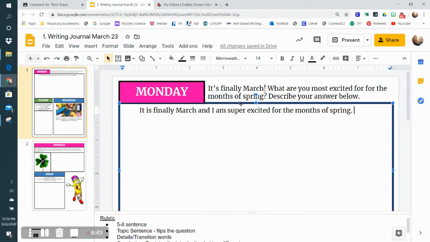All right, so now that is my topic sentence. Now I need to have my detail sentences. So my first one is going to be my first reason why I love spring. One reason why I love spring is because the days get longer and I get to go on walks in the evening after dinner with my family. So I'm going to write that. I'm going to start with a transition word. So first, comma, I am excited